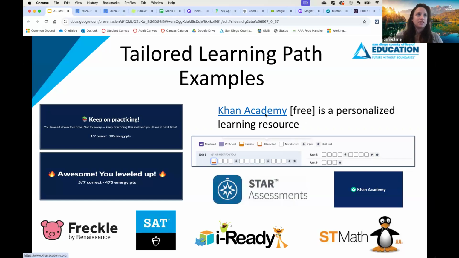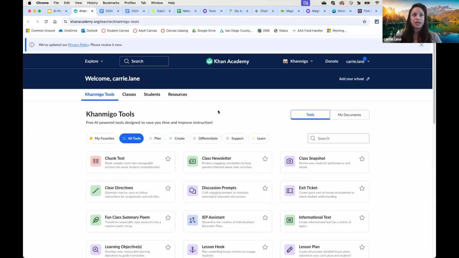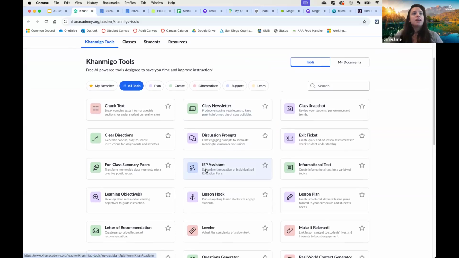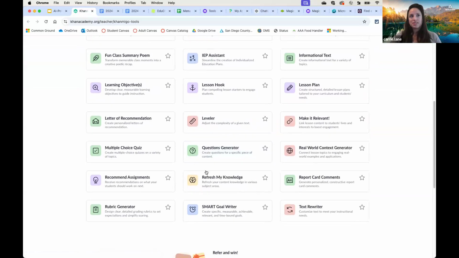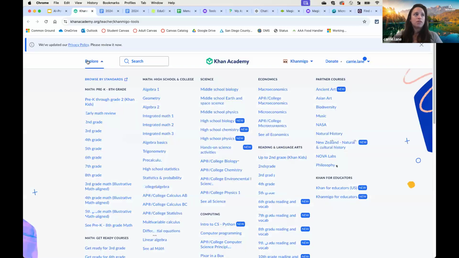And so one example of this that I want to show you is Khan Academy. And again, there are so many out there. I'm just going to show you this one to give you an idea of how it is using this learning path technology with AI. But you can find it in many different ones. The other thing with Khan Academy, Khanmigo, also has a lot of different AI tools that you can use in your classroom. So this is also just a nice little AI tool. This is more of that generative, but in terms of the pathways, you can select a grade.